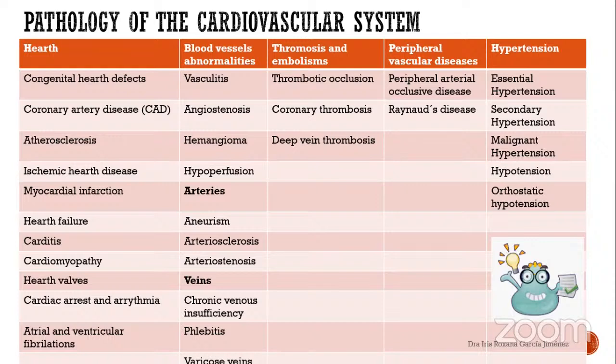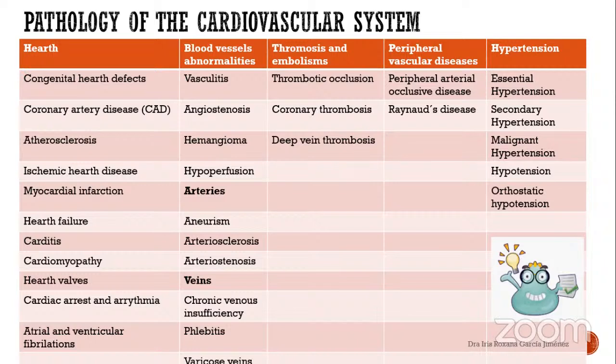About thrombosis and embolisms: thrombotic occlusion, coronary thrombosis, deep vein thrombosis. About the peripheral vascular diseases: peripheral occlusive disease,